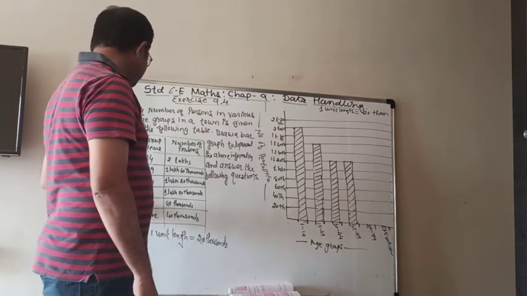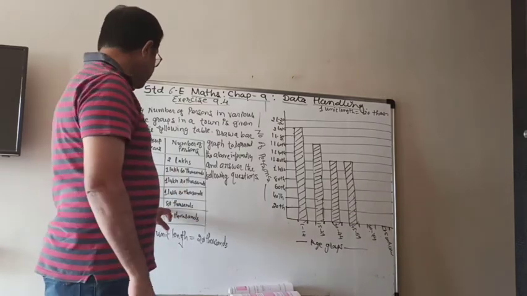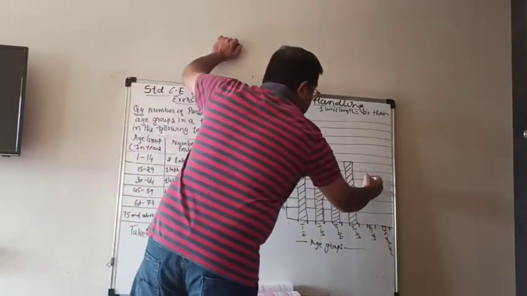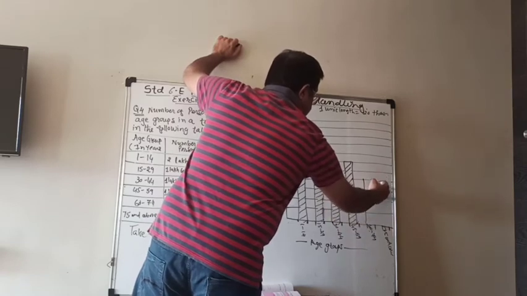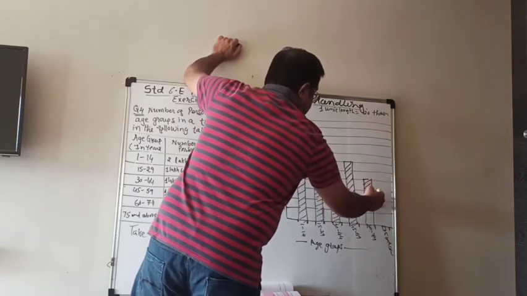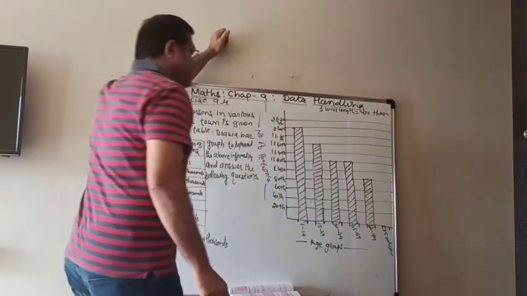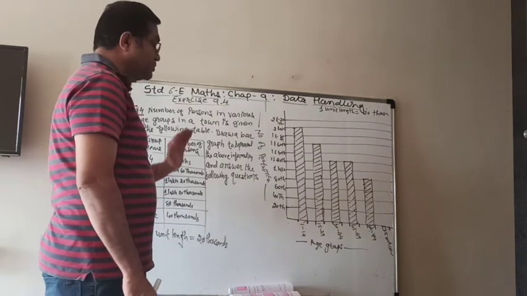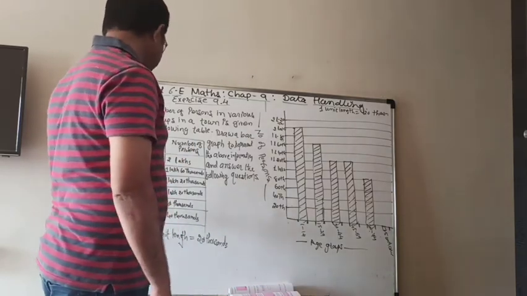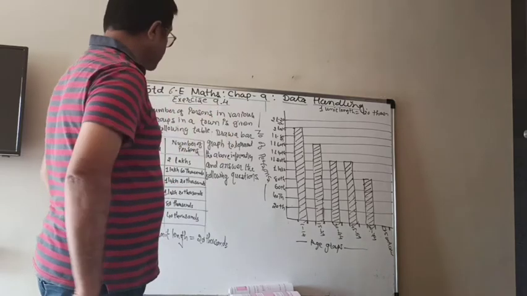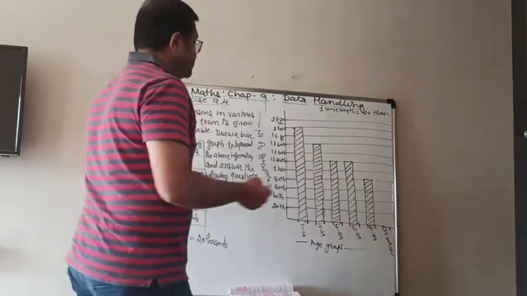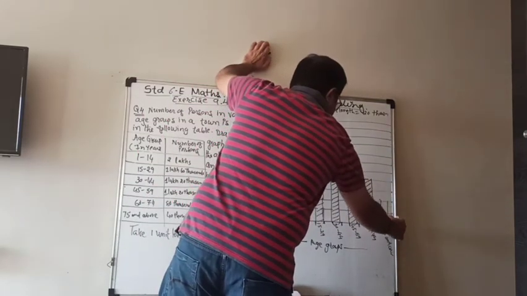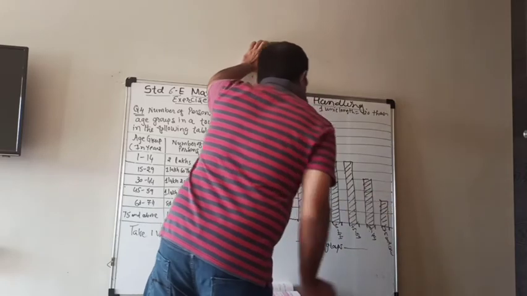Now the next group is 60 to 74 years, and in which there are 80,000. 80,000 is here. So that is the bar for the group of 60 to 74 years people. And the last group is 75 years and above, and there are 40,000. 40,000 is here, second one. And then we put that bar here and do like this.